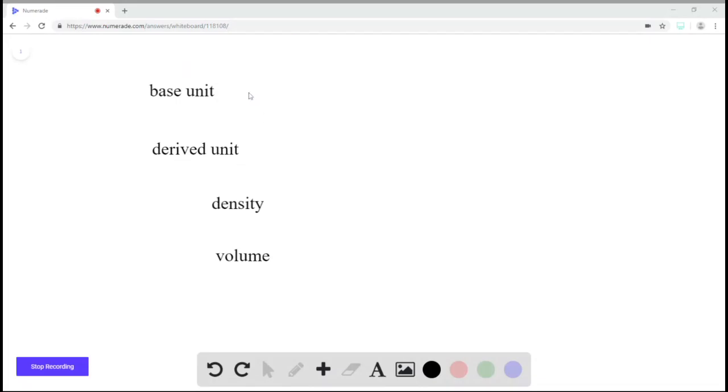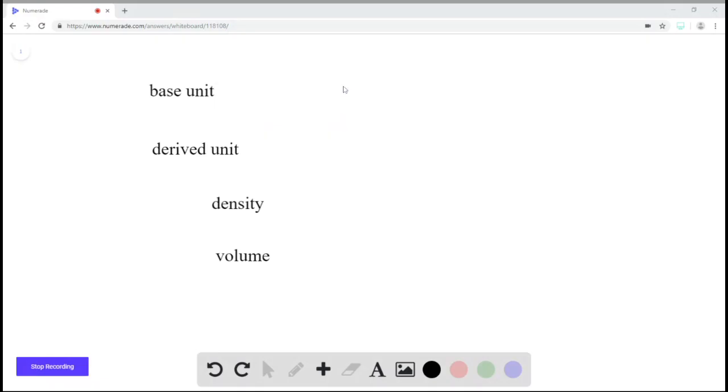So based on table 2.1 in your book, it lists the 7 groups, or the 7 different base units. So for example, you have time, length, mass, temperature, amount of a substance, etc. So these are kind of what make up your building blocks. Your derived units, then, are defined by a combination of base units. So you can take these base units and essentially combine them in different ways to get what's known as your